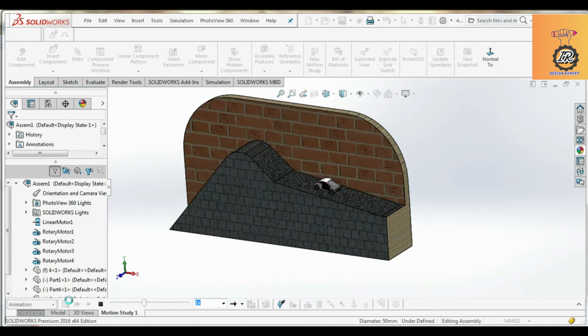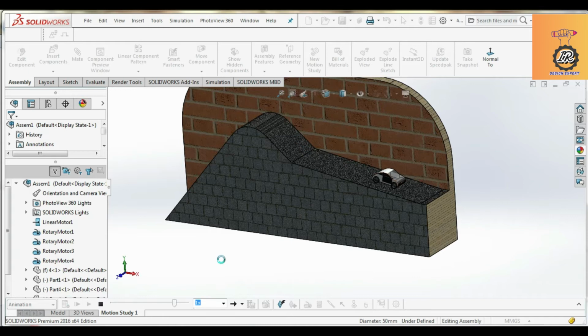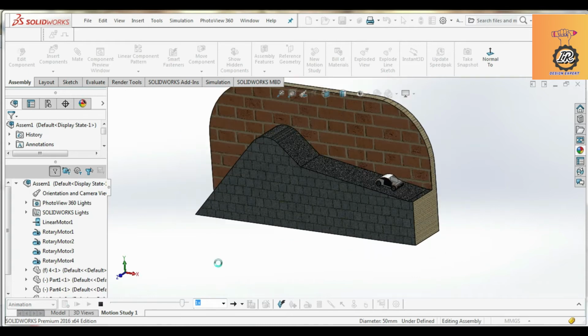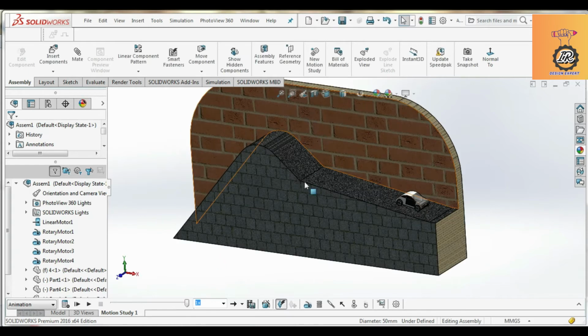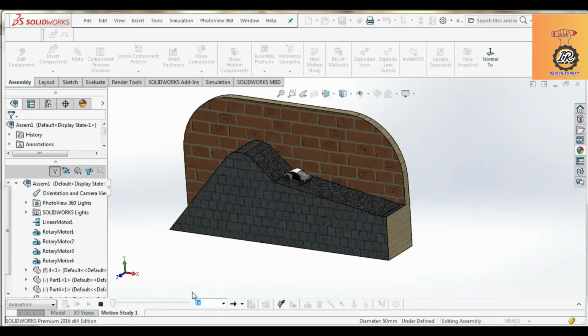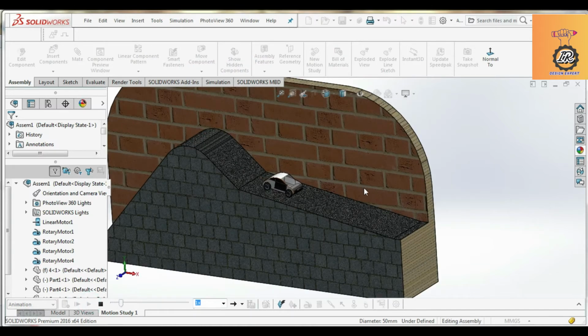For the same previous one, it can be moving. It can calculate itself and move directly up to the surface. Okay, it is completed. Again you can play now. It is moving in the downward direction, and it moves excellently from top and reaches the bottom surface.